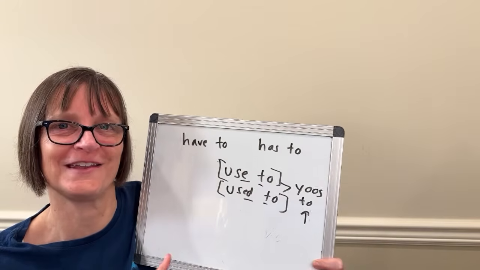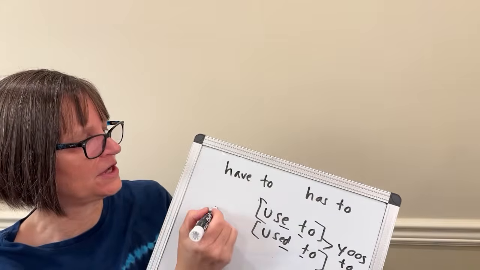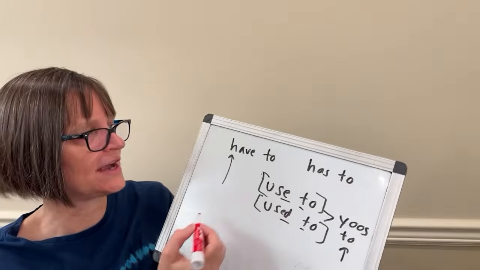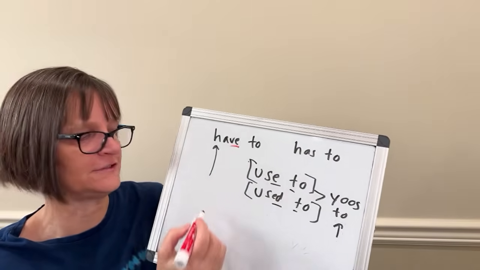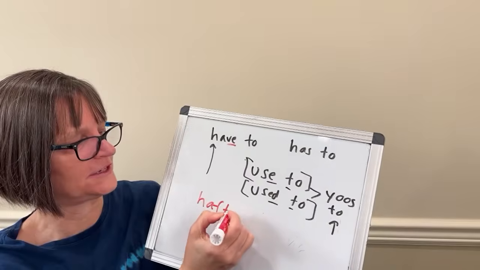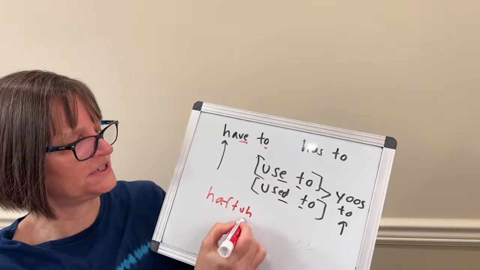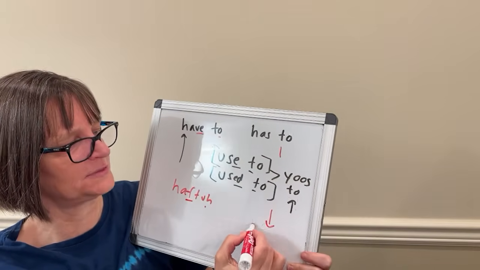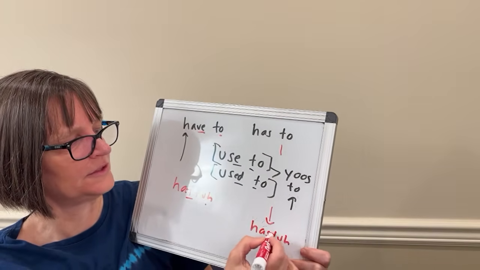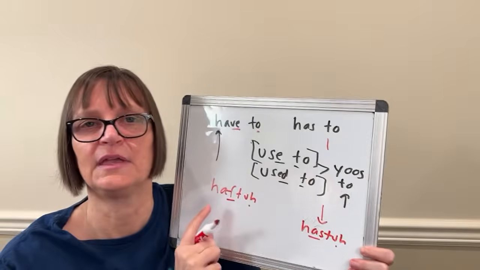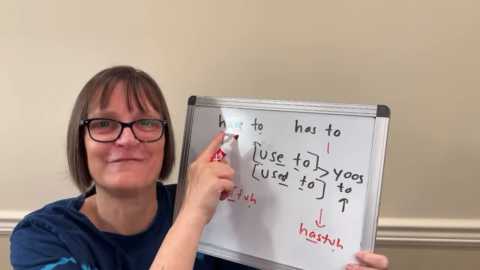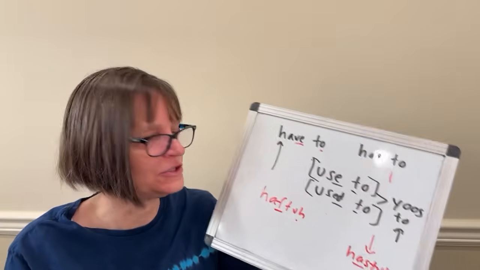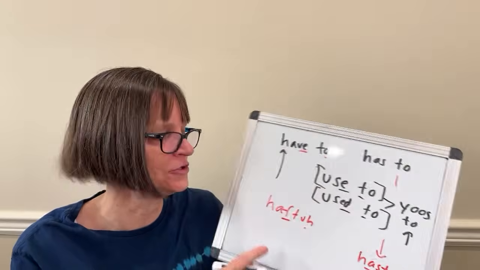It's already on the channel, uploaded on Tuesday, but we're going to be talking about a similar phenomenon in have to and has to, that in fluent speech, we actually don't say a V sound here, "have to." It changes more to "hafta." So we reduce the to to a t, and that V changes to an F. Same thing with has to, it becomes more "hasta." So I would never write these in written words, it's have to and has to with the full form. But as we're speaking, when we add that to, that voiceless sound,